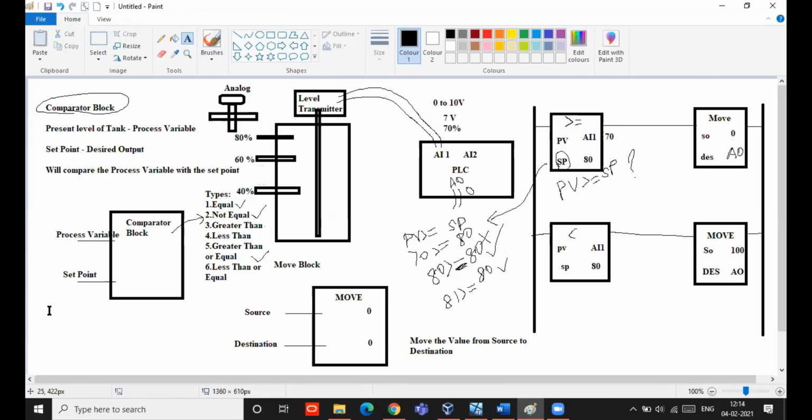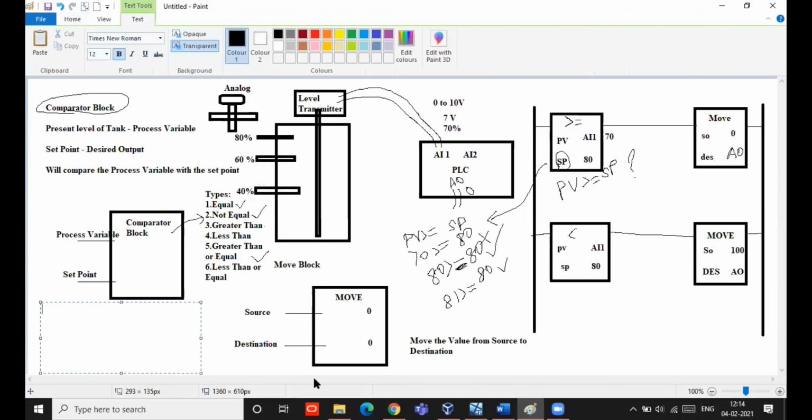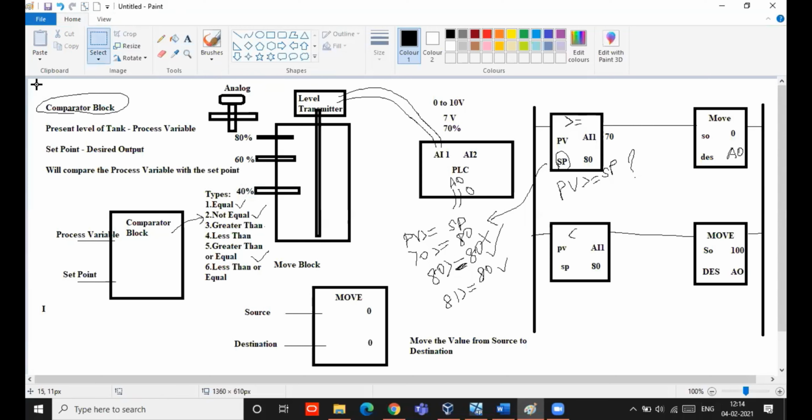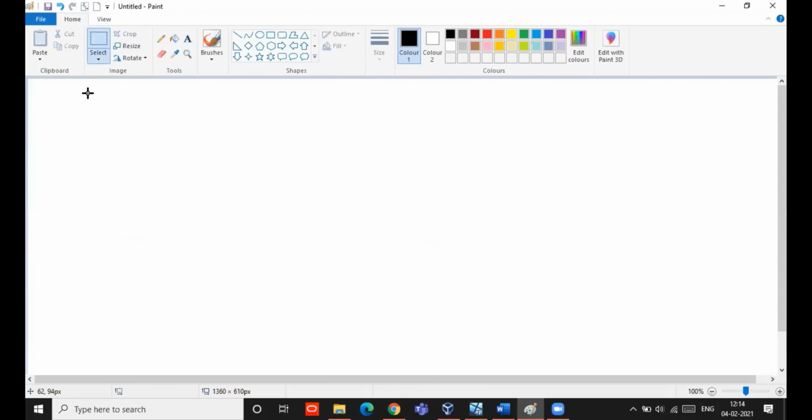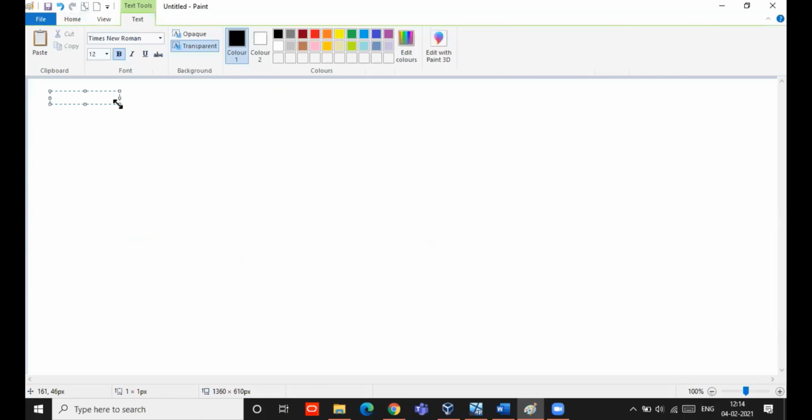Okay, we can solve this example like that. So what is the example here now, okay, I'll delete all these things. Same example we can take. I have the condition, I'll just write the condition here. If tank level is less than 20, okay, tank level is less than 20%, valve should be 100% open. Okay, valve should be 100% open.